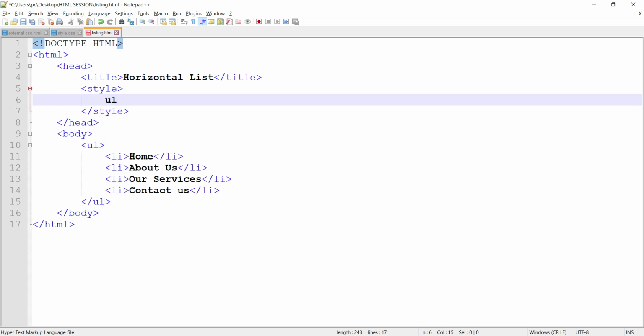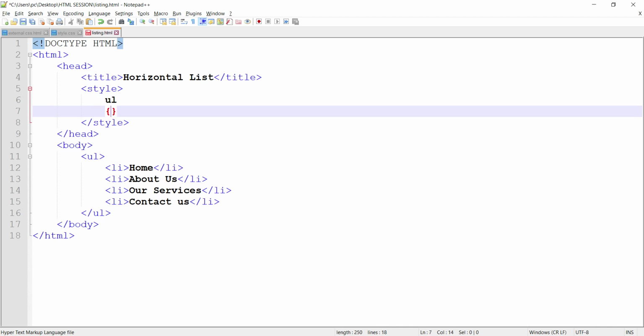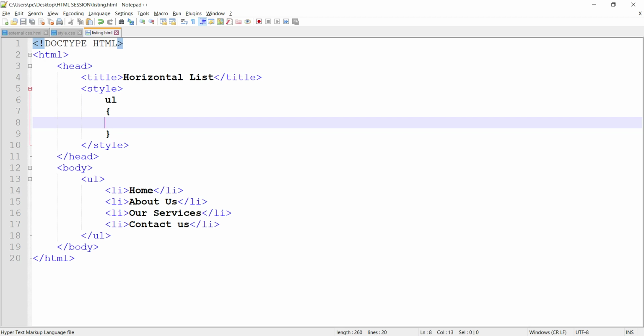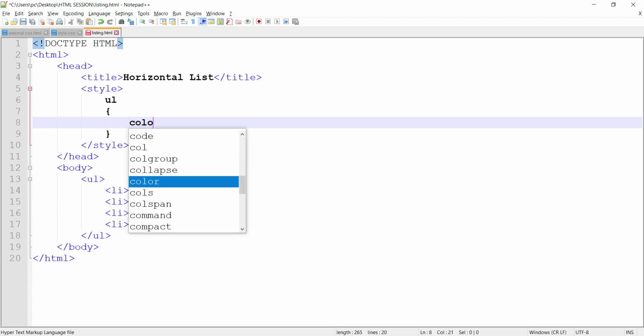If you are targeting any tag name, then there is no need to type dot or hash, because dot is for class and hash is for ID. Just directly type like this. Here let me give color first.